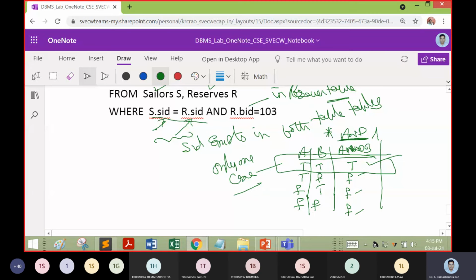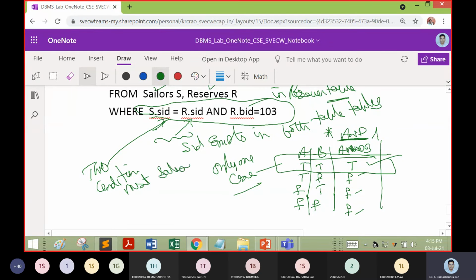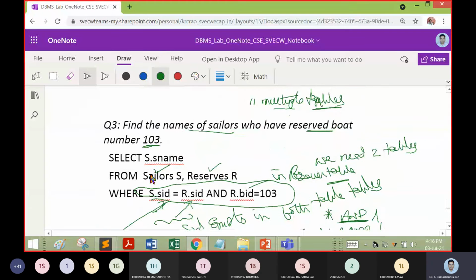That means the two conditions must both be satisfied, and only then do we get the answer. That is the scenario we have to build up.